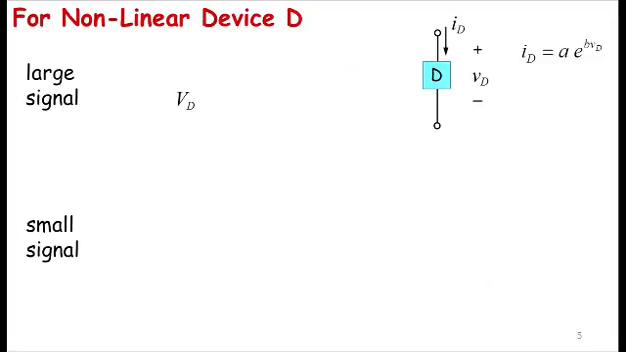Okay, finally, let's go do the model for a nonlinear device D. We've done this before, but I'll do it again. This is our exponential hypothetical device with IV relation given by ID equals A e raised to B VD. So its large signal model was, not surprisingly, the nonlinear device model for the device with the operating point values replacing the VI